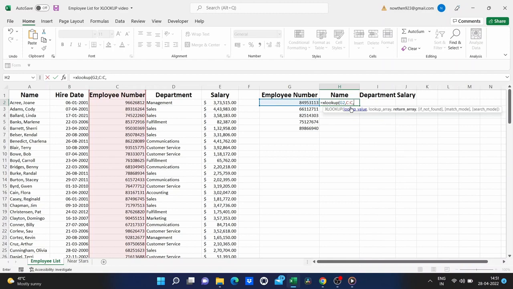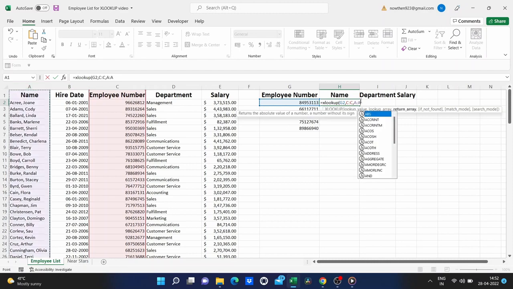Next, Excel is looking for what's called the return array. In other words, I know the lookup value, I've specified where to look for that lookup value, column C. Now, what is it that I want to be returned? What is it that I want to see? Well, in this case, I want to return the name of the employee. So, that's easy. I'll just click on column A. Just right here on the A, it selects the entire column, or again, I could type A, colon A. I'll put in a comma.